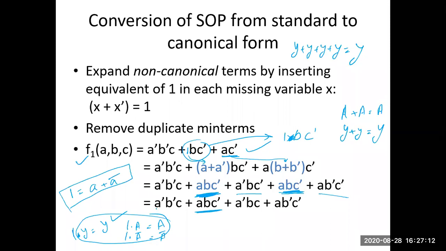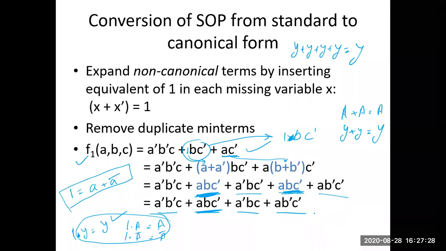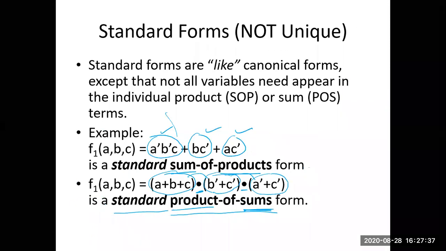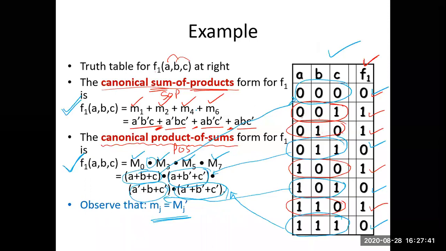And now I can see that all the possible combinations are unique, they are not matching with each other. So I have 4 possible combinations of ABC in the canonical form. So this is basically sum of product or sum of minterm. The same expression you can see here, you are getting the same expression here also.